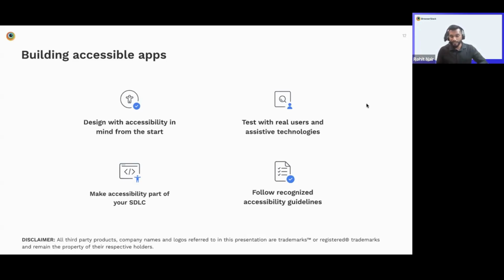Every country in these regions has made rules around it, regulations around it. This lovely adoption of the WCAG guidelines across every country, especially countries like France that have done an amazing job with RGAA also coming in. So it's always good to follow a recognized guideline, and it's always good if you have businesses that cater to